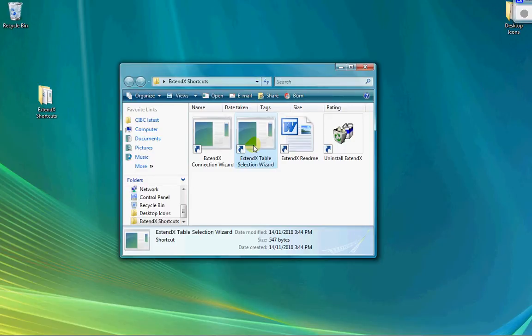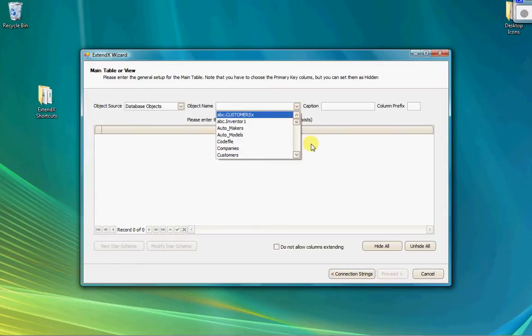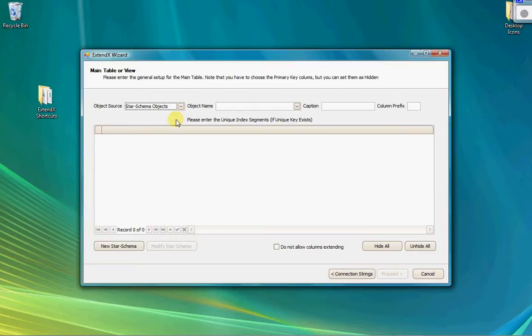The Table Selection Wizard will allow us to reference and read from any table or view. The database objects point to data tables and views which already existed in the database that we previously set up. And the star schema objects reference views which were built in Extendex, also seen in a previous video. So we're going to go with the star schema objects and call up the view that we built earlier called